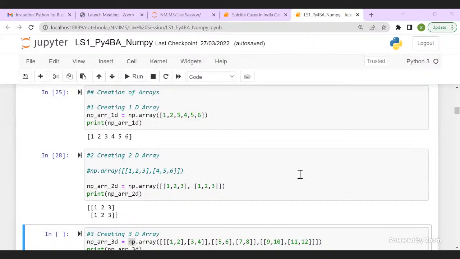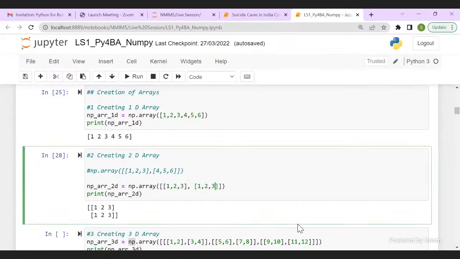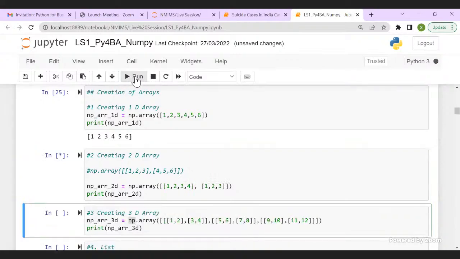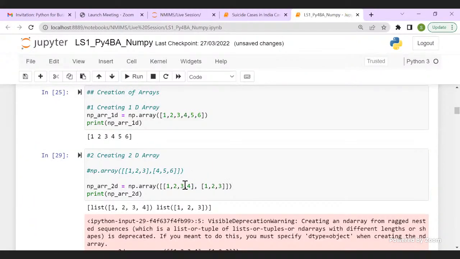Shama is asking, what if the number of elements do not match? Let's simulate the question that Shama is asking and see what result we get. You get an error, Shama.